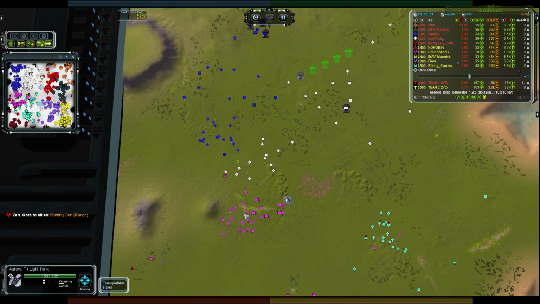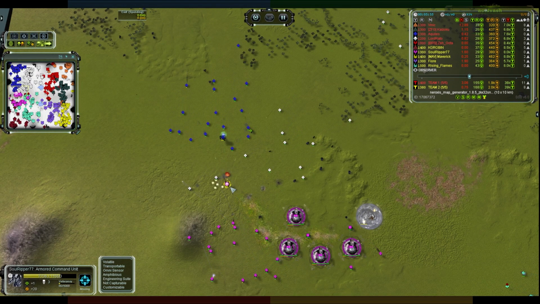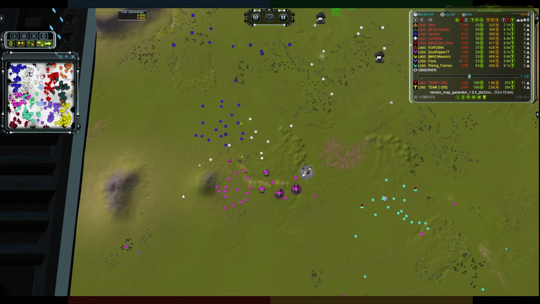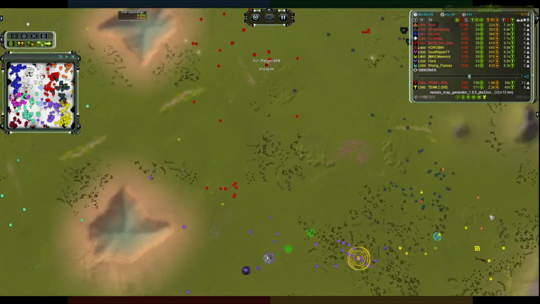Looks like Soul Ripper's trying to keep his units back a bit to thin out the numbers, but he's down with yellow. He's not looking too healthy at the moment. These units need to get over here pronto to support him on that side. But have a look on the right hand side, and it is...